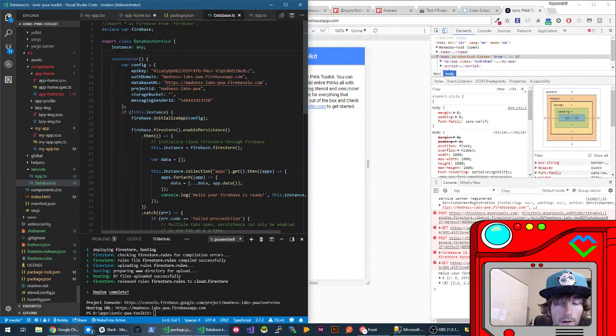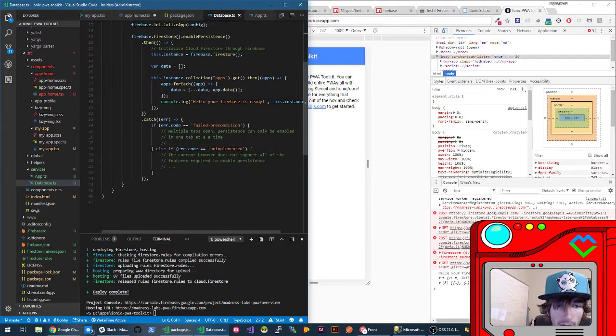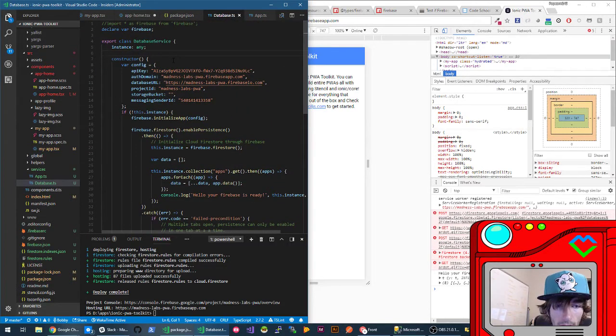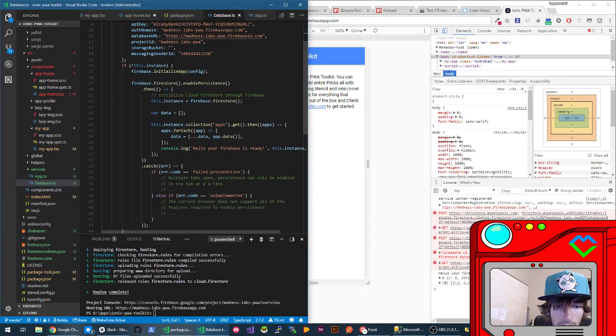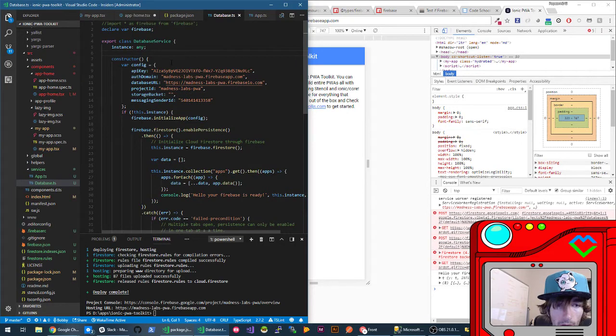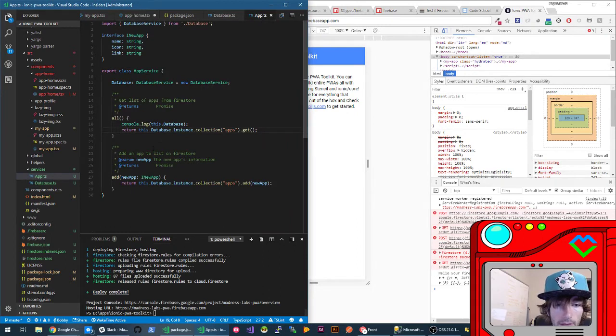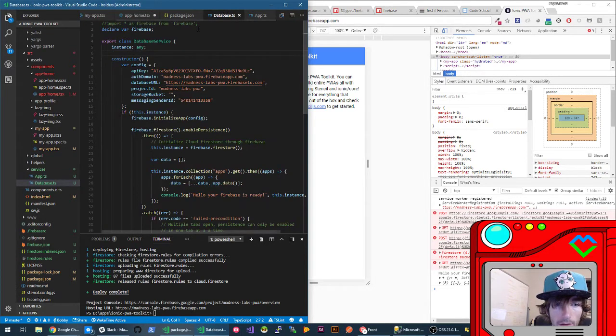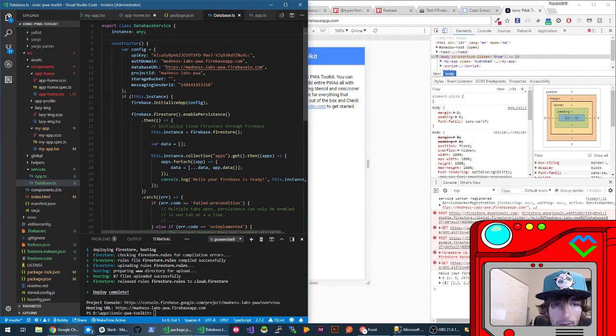Okay, so this is where I keep getting stuck here. How is the best way to initialize this stuff and to not worry about calling my class 100 times? So when I initialize app, instance doesn't exist yet. So I have to wait until database is done doing what it's doing. So what I probably want to do